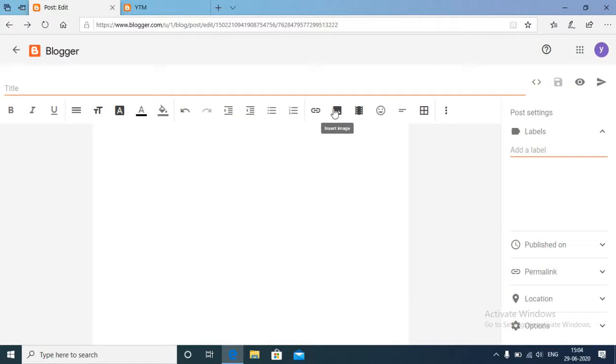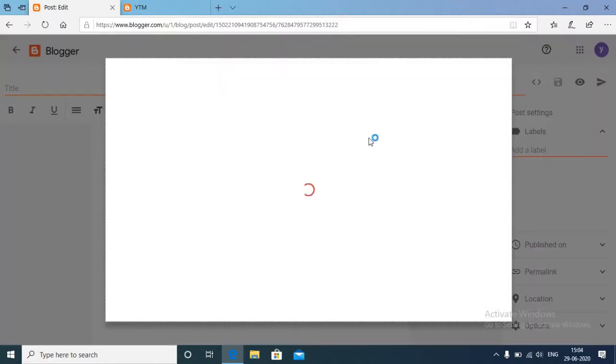Or for example, if I click here, insert image, and if you have an image on your PC, you can click upload from your computer, and simply click browse, and it's very simple.